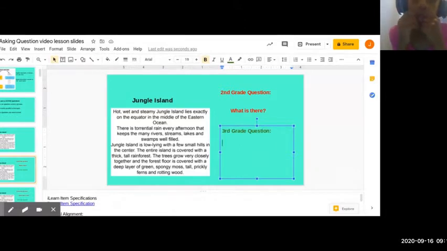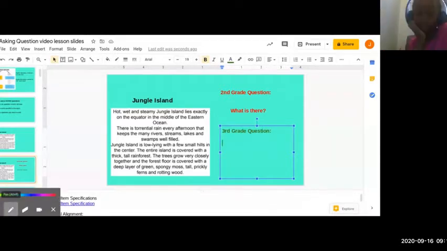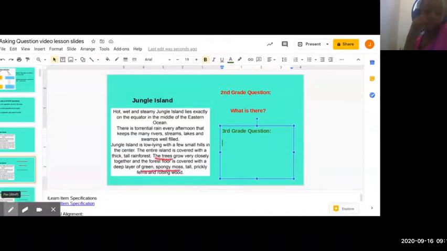I notice in the passage that it talks about trees and plants in our text. So to make this question a good question, I can ask, what types of trees